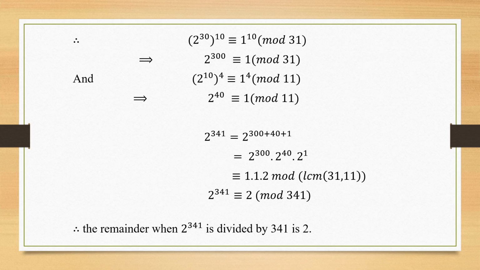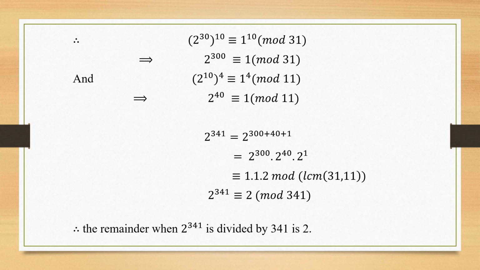The better option is if I raise it to the power of 10, I will be very close to that 300. Till 300 I can go without any problem. So it is going to be raised to the power of 10 on both sides. So finally 2 to the power of 300 is congruent to 1 mod 31. And again 2 to the power of 10: using 2 to the power of 10, I can raise it to the power of 4. Why 4? Because I will be going to 40. So 340 is here. So what is the only thing remaining? Only 1 is remaining. So that is very obvious. That's very easy for you.